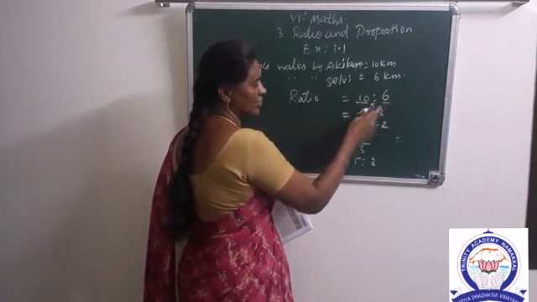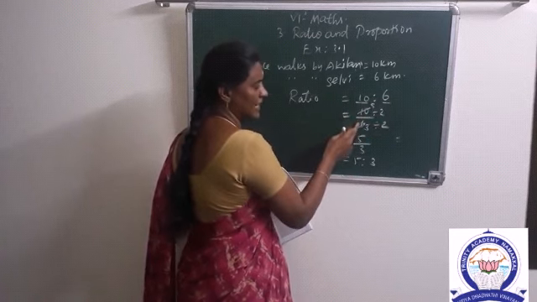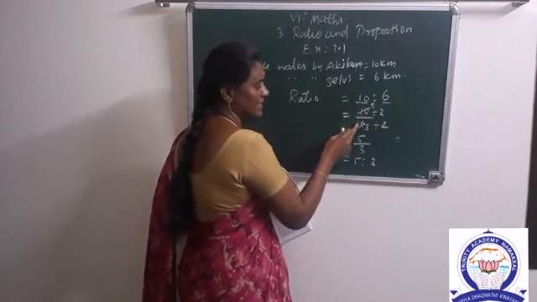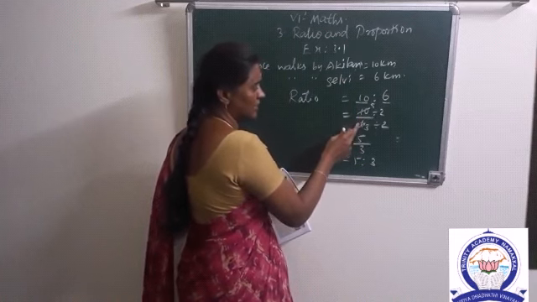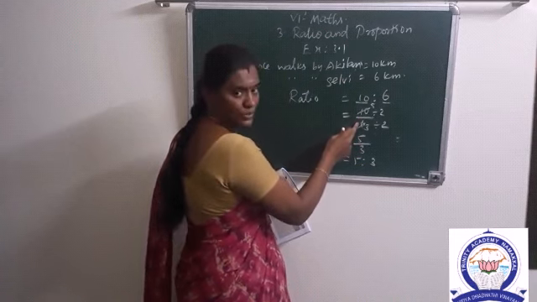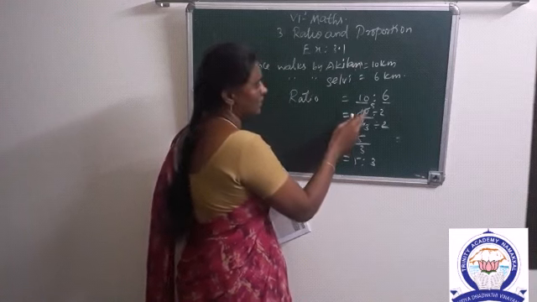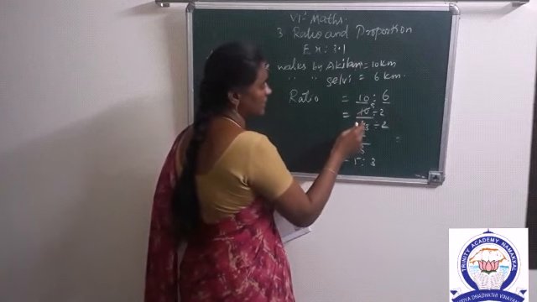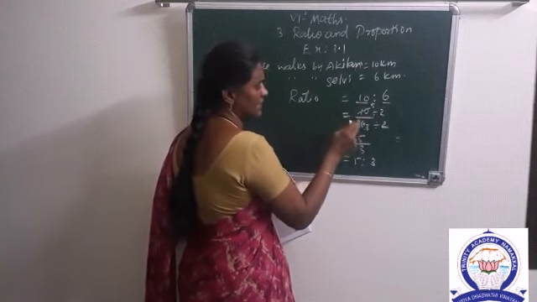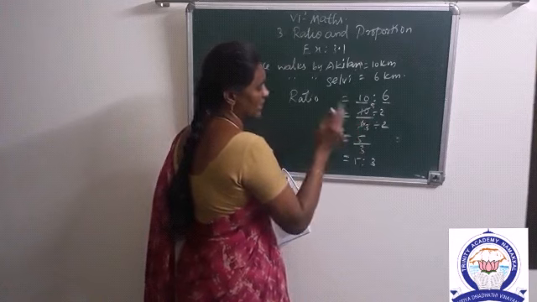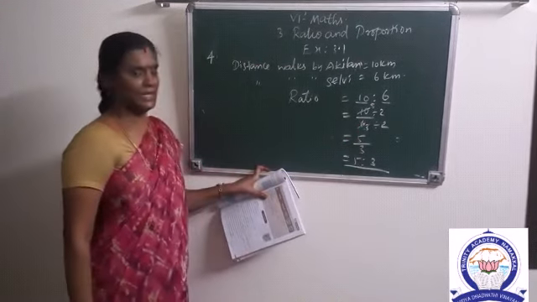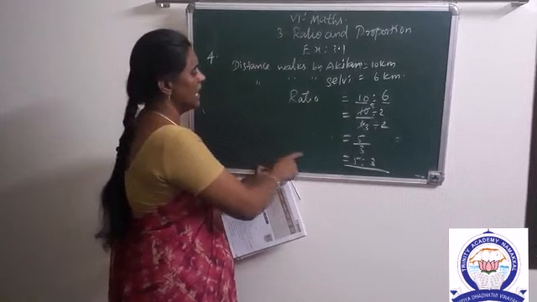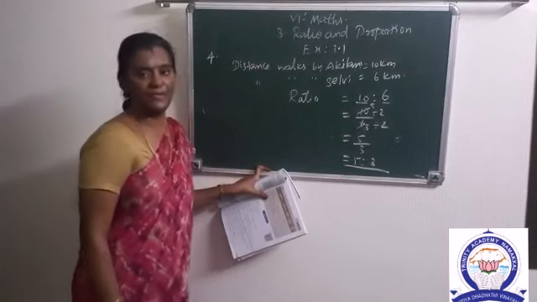What is the ratio? 10:6. Here ratio is in the form of fraction, so we write 10 by 6. 10 and 6 have the common factor 2, because both are even numbers. All even numbers are divisible by 2, you know already. So we cancel by the 2 table. 5 times, here 3 times. 3 2s are 6. This one we write 5 by 3. What is the ratio? 5:3. The distance covered by Akilan to Selvi is 5:3.